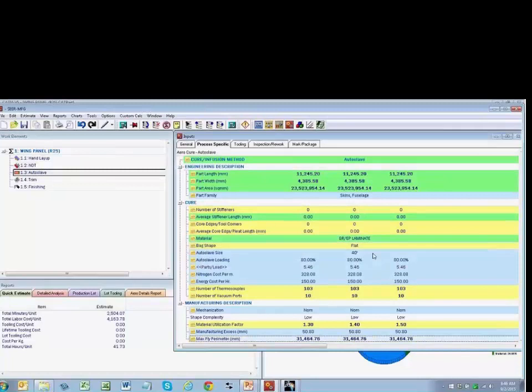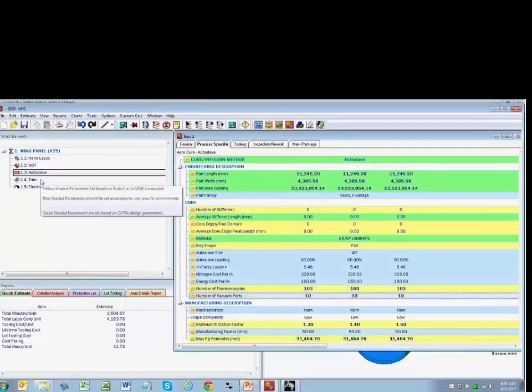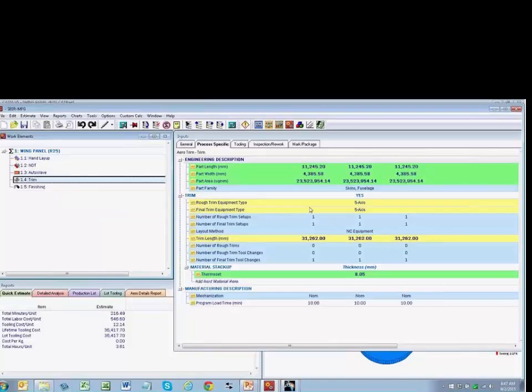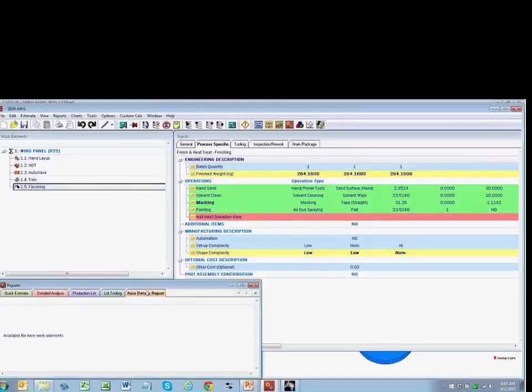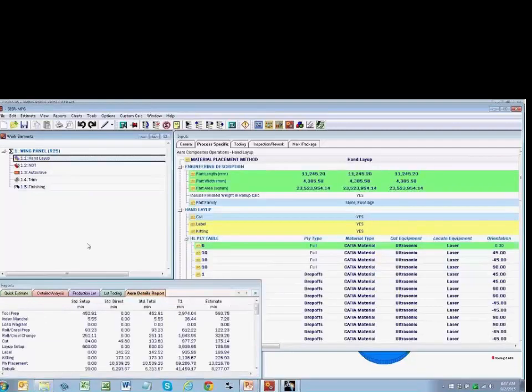So these ones, we've estimated the number of thermocouples and vacuum ports. Trimming, we're using 5-axis machining, the trim length from the CATIA design, and the finishing. So there's a lot more that goes into the estimate compared to what you see on the ply cost estimator input. So from such a small amount of data requirement from ply cost estimator, you get a really detailed estimate in